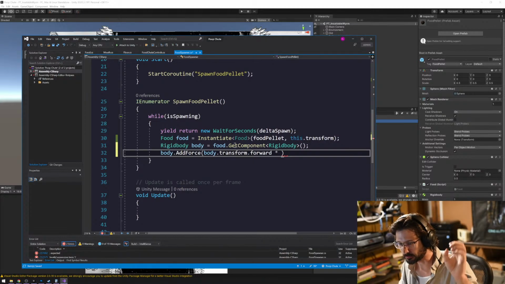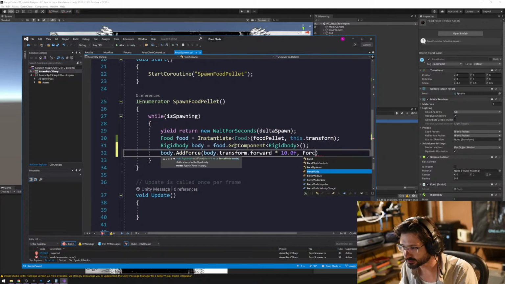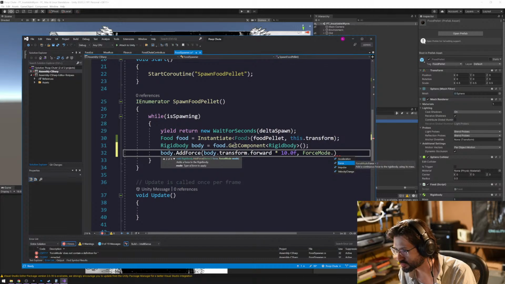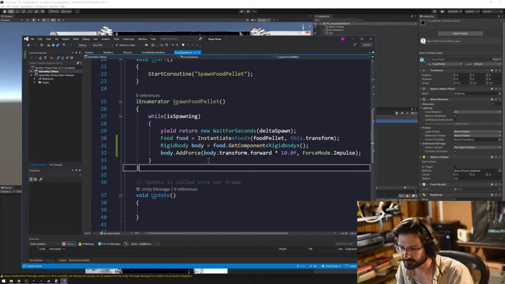Okay, so fire body.transform.forward times, I don't know, about 10f. And we need a force mode. Force mode dot, what do we want? Acceleration or force? What is an impulse? I'm going to do an instant force. I don't know how that's going to affect anything. All right,